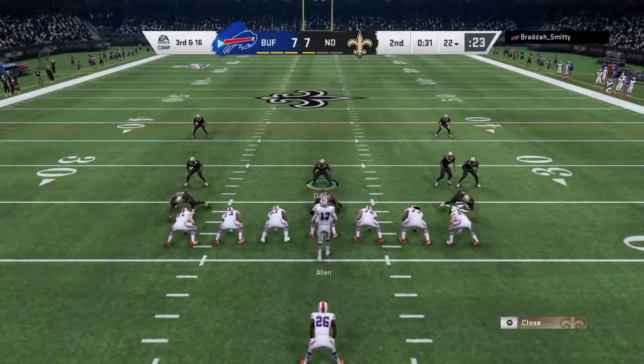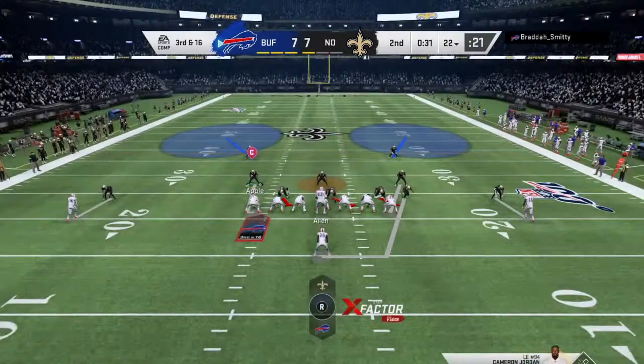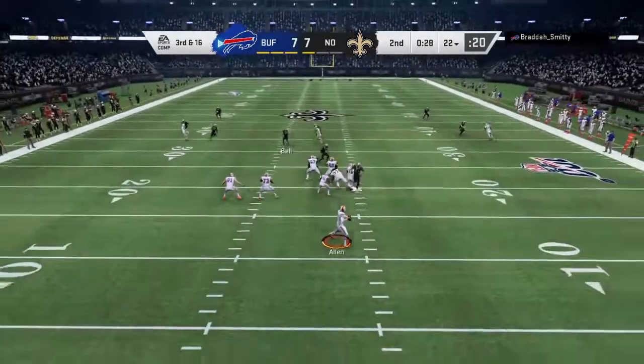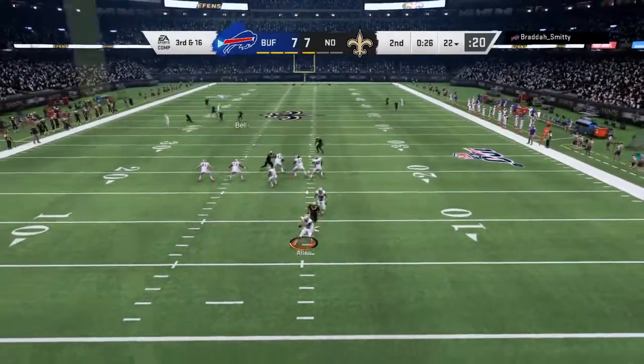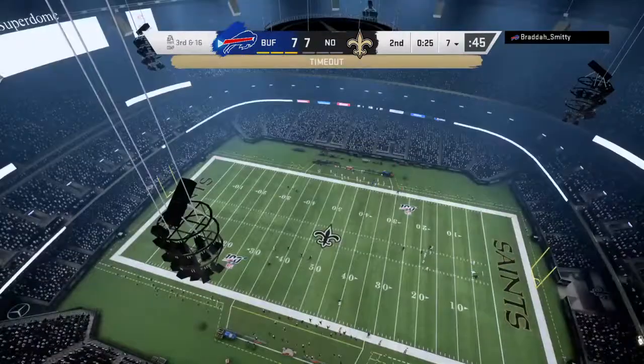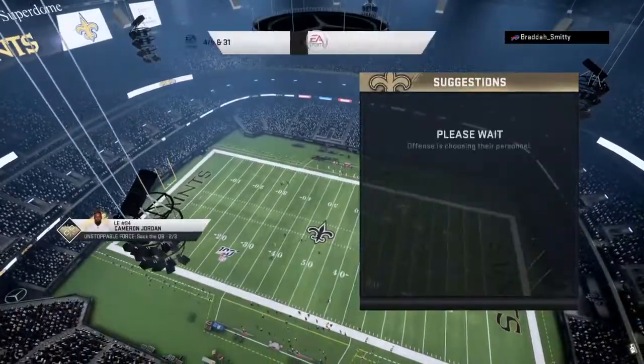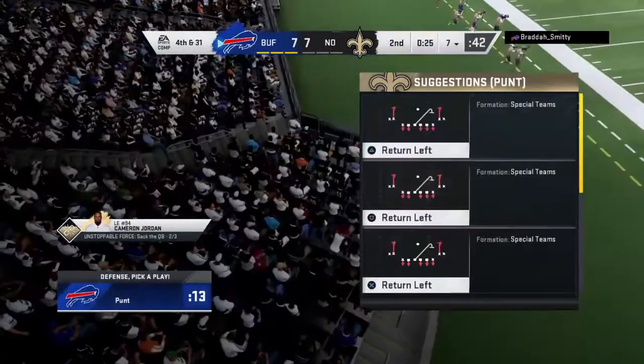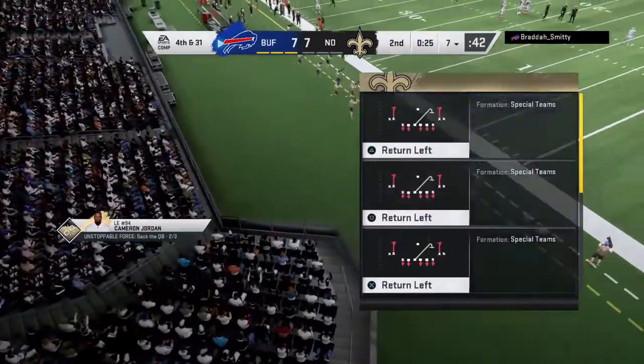An incomplete pass on that last play, and that means they'll need to come up with something here on third down. Play action. Now it's Allen. And a big loss here as he's taken down. Now the Saints will use their third and final timeout as they'll stop it with 25 seconds to go here